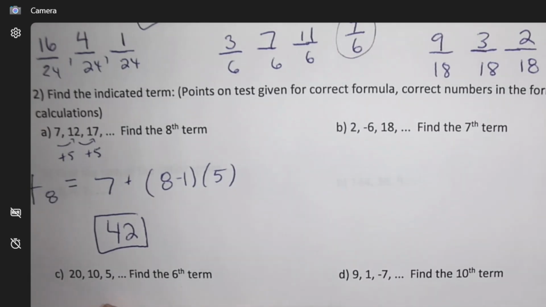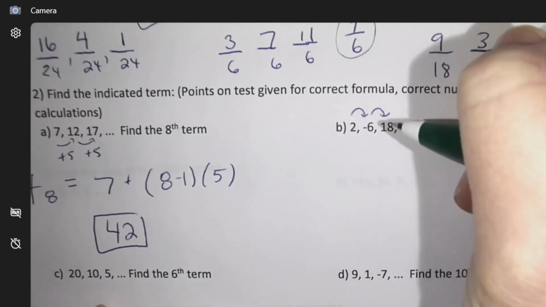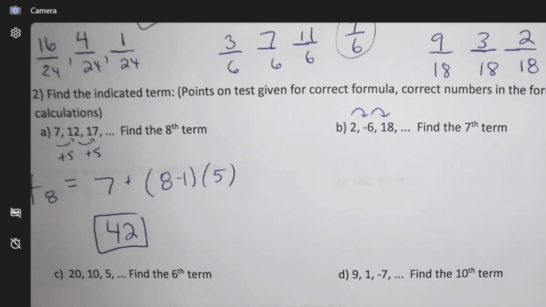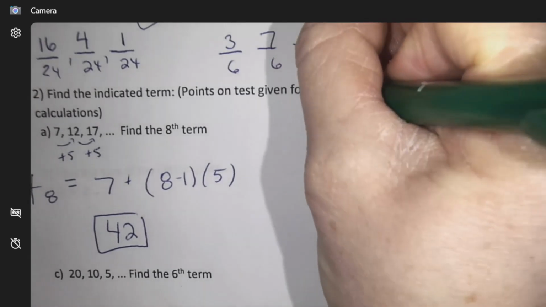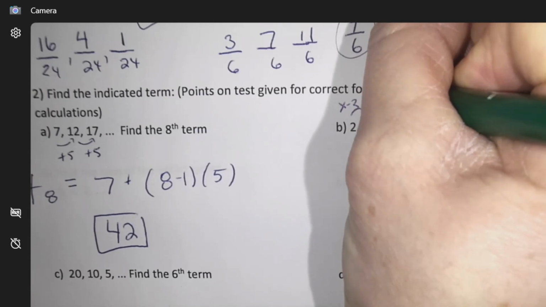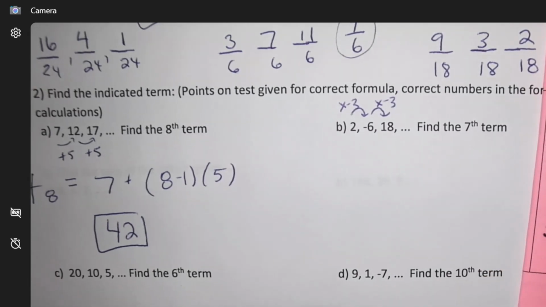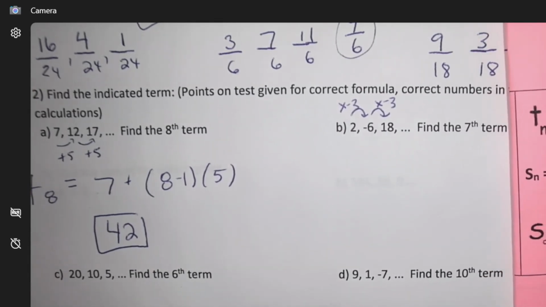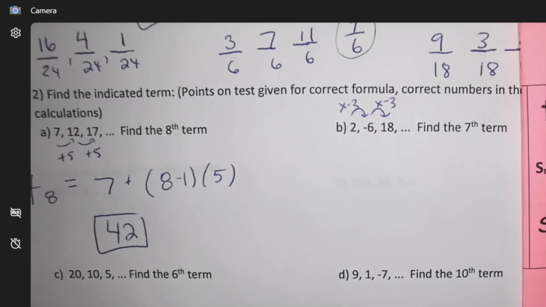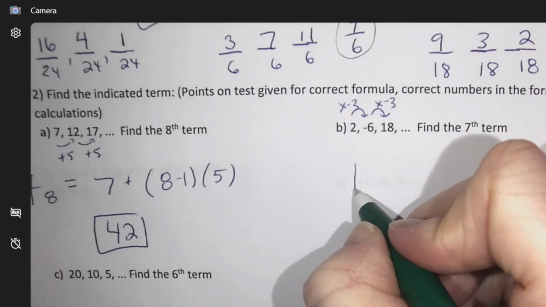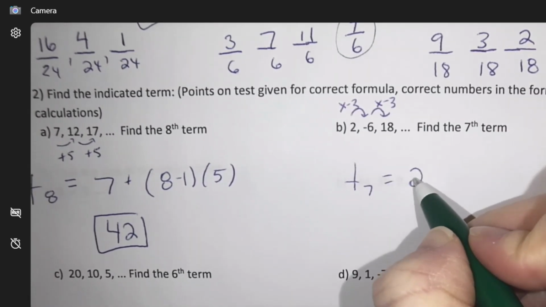Okay, next one, I'm going to first figure out what's going on. So is it a common adder or a common multiplier? I can see that I'm multiplying by a -3. So I'm geometric. So I'm now going to use a formula over here with an R in it. So I'm going to use this one. Tn, the one with the R in it. So the 7th term equals